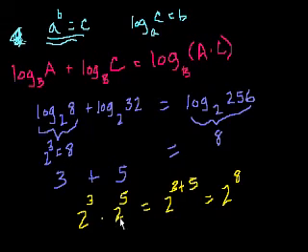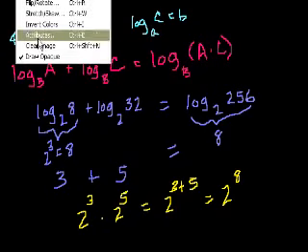Because when you multiply two exponential expressions of the same base, you can add their exponents. Similarly, when you have the log of two numbers multiplied by each other, that's equivalent to the log of each of the numbers added to each other. This is the same property. If you don't believe me, watch the proof videos. So let me show you another